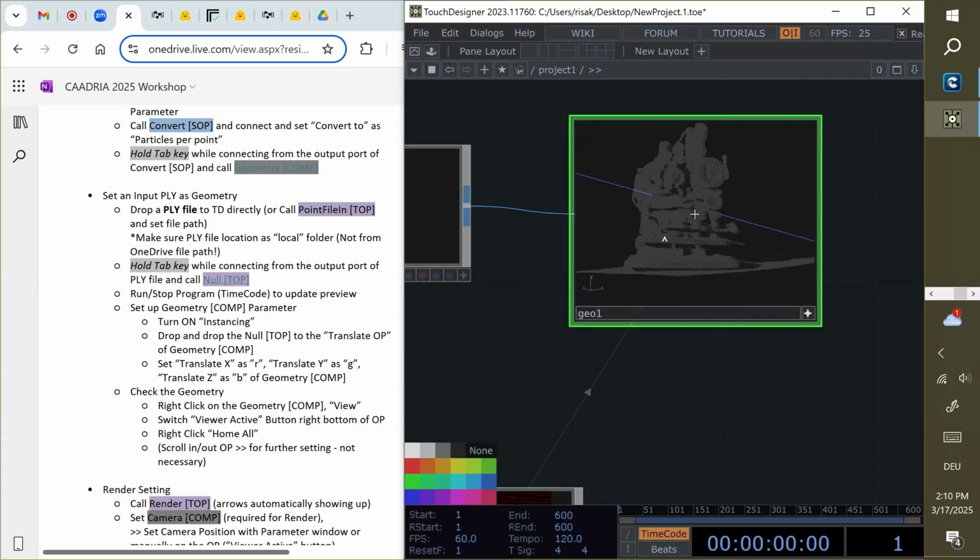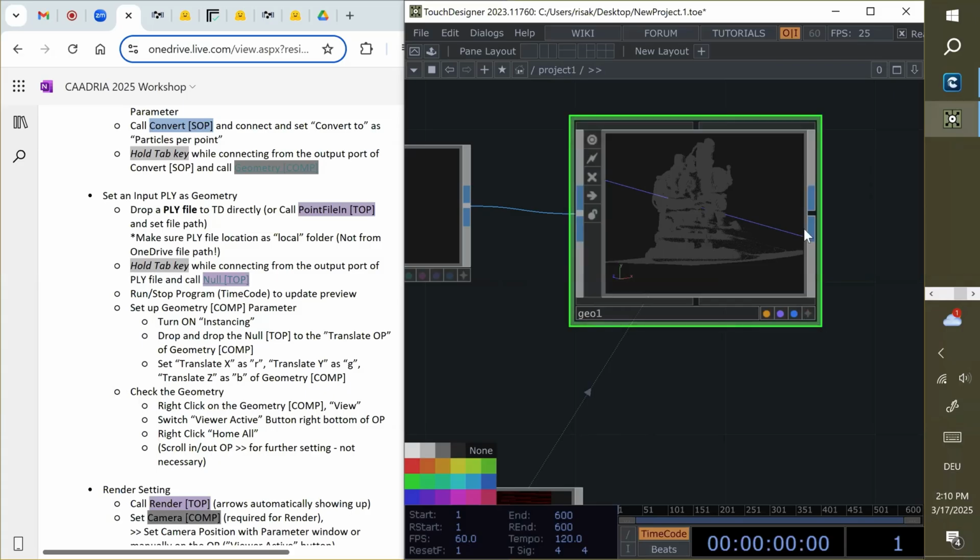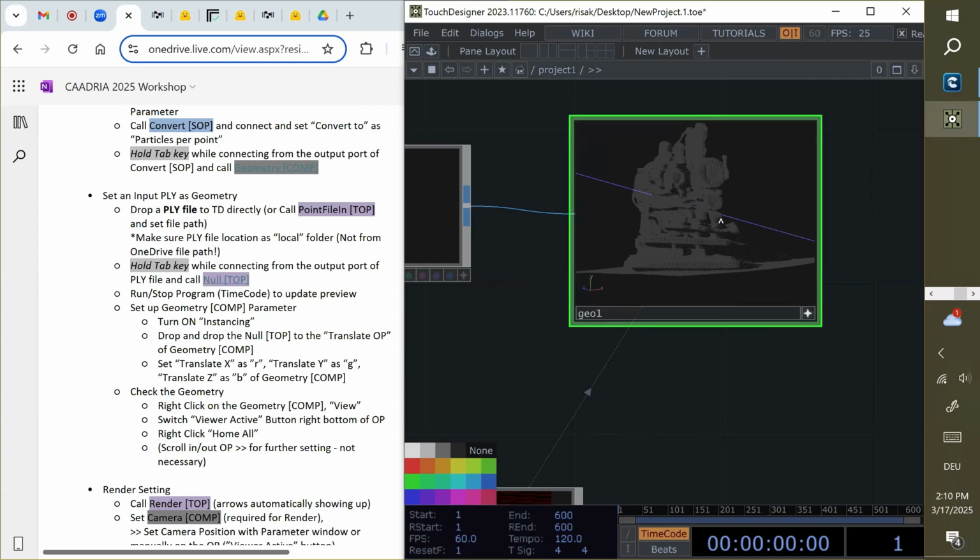And if you find some good position, it should be fine. Like go back to this view. And maybe your geometry is off in this window.